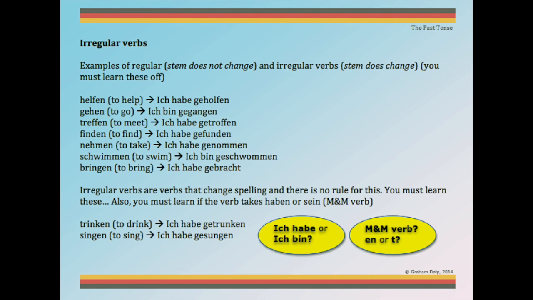That changes to ich habe getroffen. Getroffen. Again, totally different spelling. Finden, to find, changes to ich habe gefunden. Gefunden. Again, spelling changes. All of these examples are irregular because I want to show you that some of them, but not all of them,